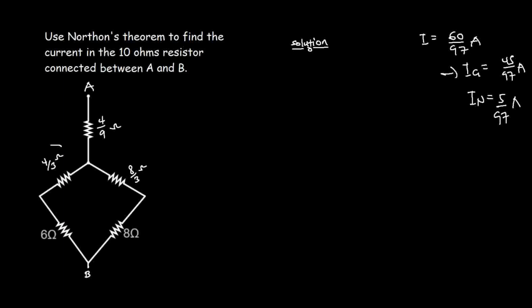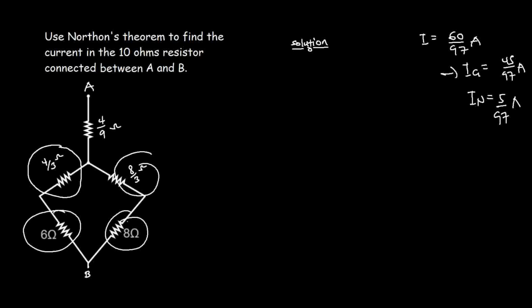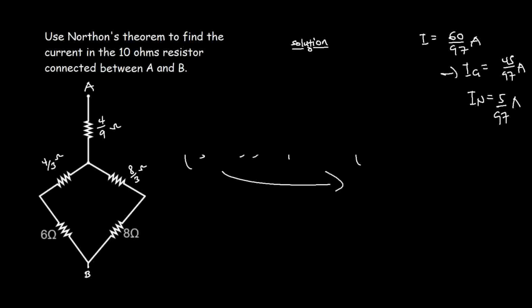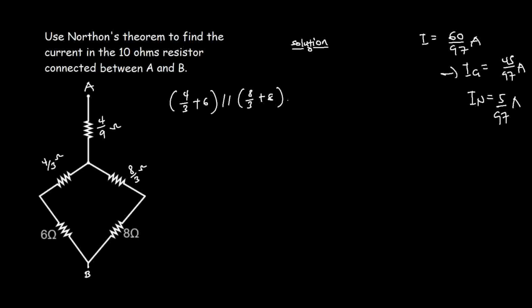So from here you see that these 4 ohms here and this 6 ohms are in series connection, and then this 8.3 and this 8 ohms here also are in series connection. So you can add these two resistor values on both sides. So let's look at this. So doing this, I have 4.3 plus 6, and then that will be in parallel connection with 8.3 plus 8, and then they will all be in series